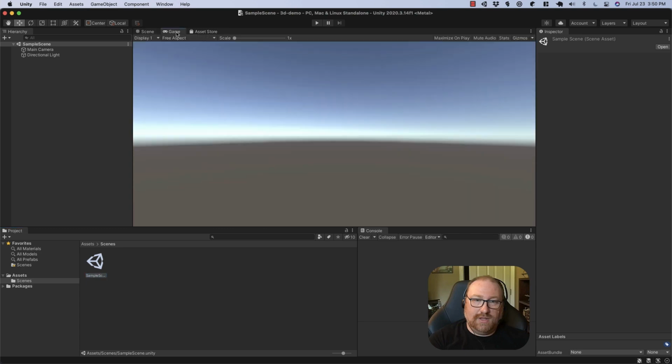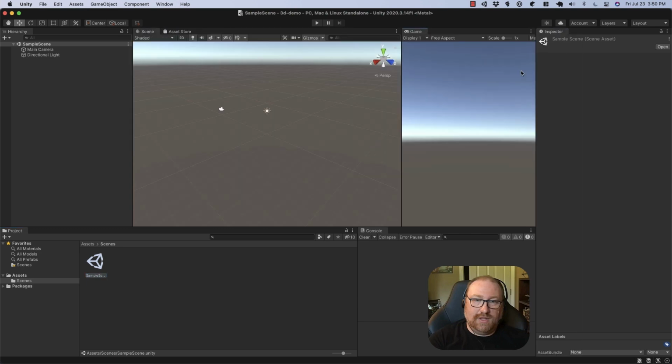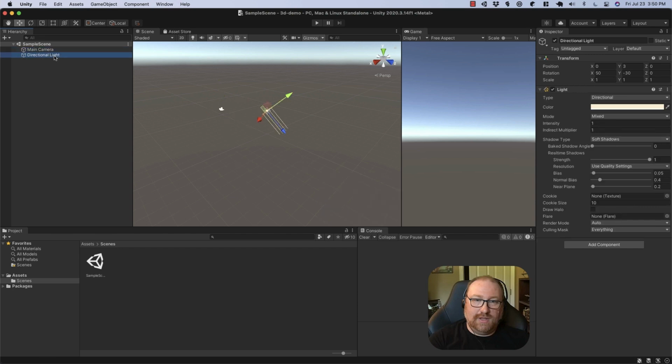And we can actually see both the game. I'm going to put the game window over here. So what we have over here is the editor view, and we can see that we've got a camera and a directional light. And when we click on the camera, we can see the inspector over here showing values for the camera. When we click on the light, we can see values for the light. So we can see it's a directional light that's actually a little bit off-white,